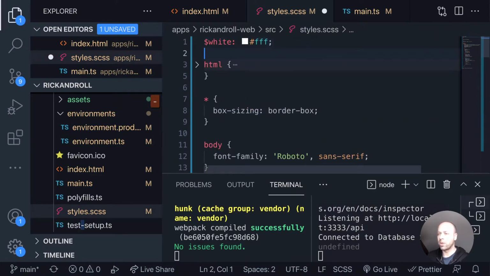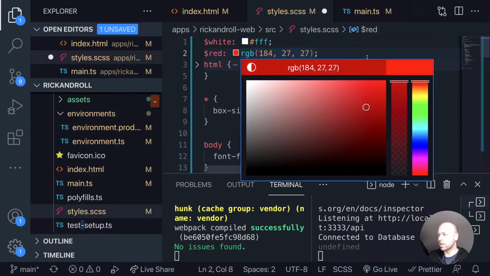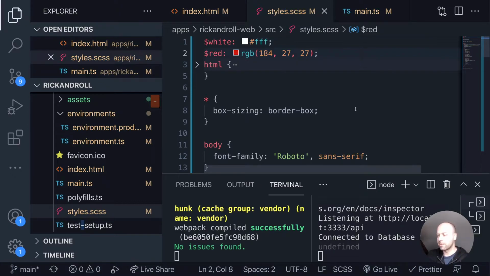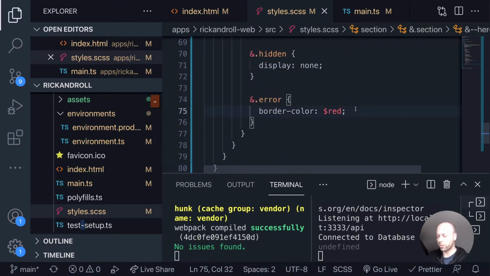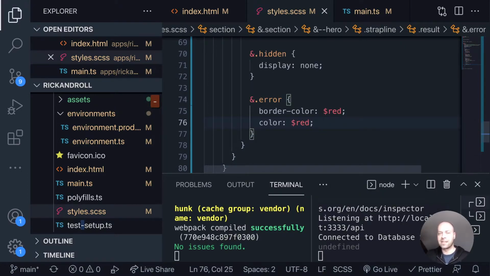So up here where we had our white variable, we'll set a red color, and let's just choose something a little bit less bright than the standard full red color. Just make it a little bit darker there maybe, and we'll save that. And also what I'll do is I'll make the text color red as well. So we'll just get a bit of updated styling just to distinguish between a successful request and also the error